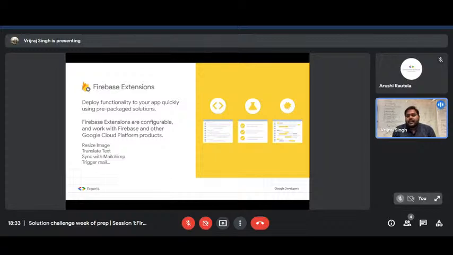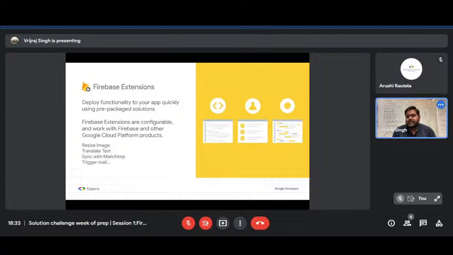let's say I created a website where users can upload their images, something like Instagram. Now let's say a user is uploading 150 MB of images to my database. That will be a huge file, so we need to resize the image. Here we have Firebase extensions.